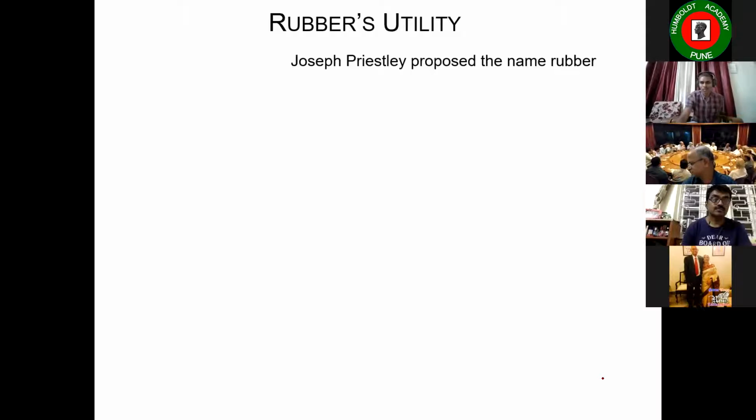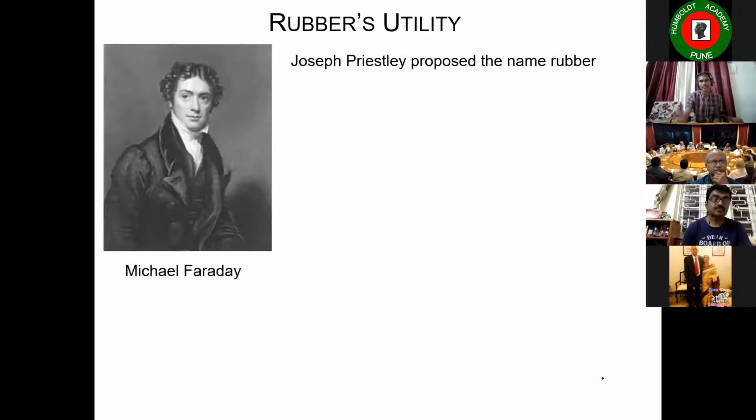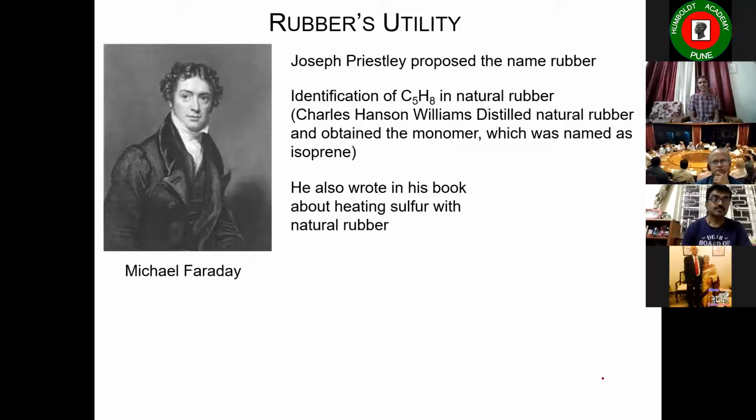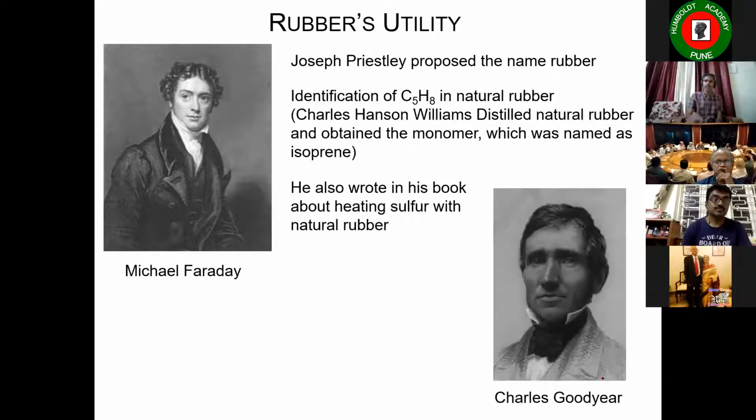So now Joseph Priestley, the discoverer of oxygen, was the person who proposed the name rubber, and Michael Faraday, probably one of the finest scientists to work on this earth, predicted the empirical formula of the component of the rubber. Of course, Charles Williams distilled and named it isoprene. Interestingly, Michael Faraday wrote in his notebook that he heated rubber with sulfur. Okay, that eventually is your vulcanization